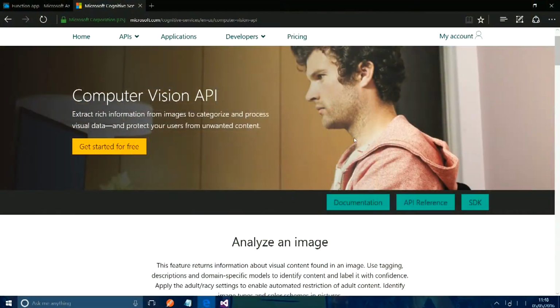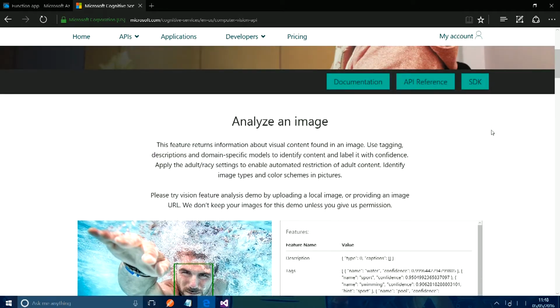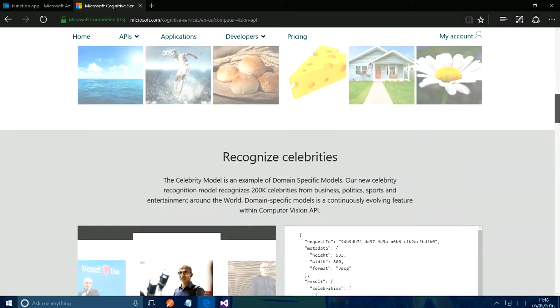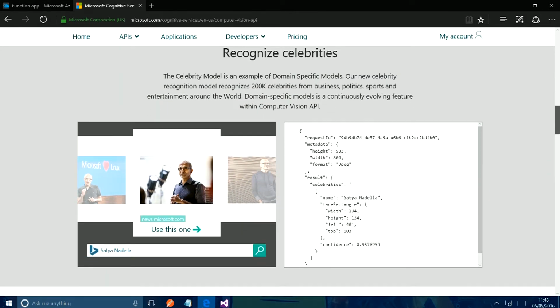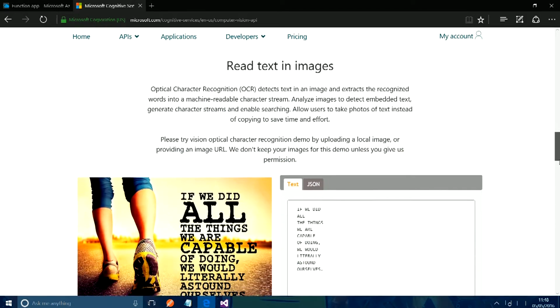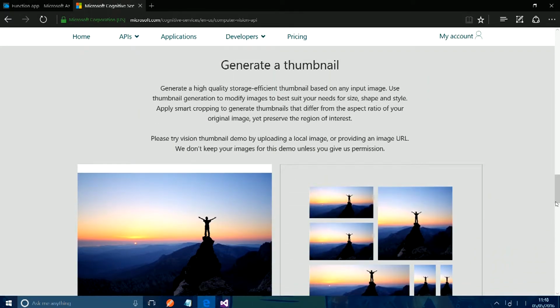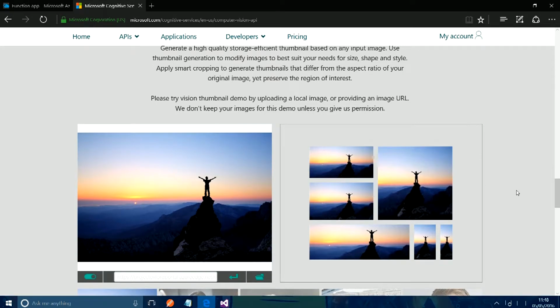But before we do this, let's just have a little look at this API. The API itself does a load of stuff. It can analyze images and figure out what's in the image. It can even recognize celebrities. I don't know when that would be useful, but it obviously is. It does OCR type stuff. And one of the more simple things it does is generate thumbnails. Yes, but it's smart thumbnails. What it does is identify the region of interest in the photo and crop the thumbnails around that region